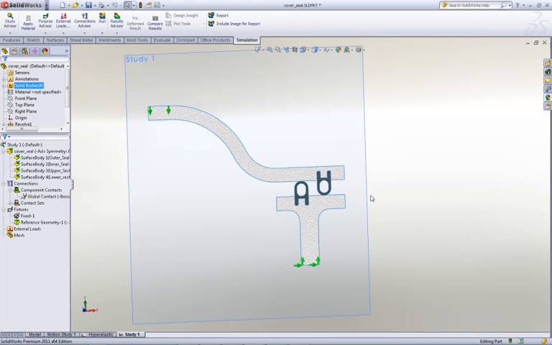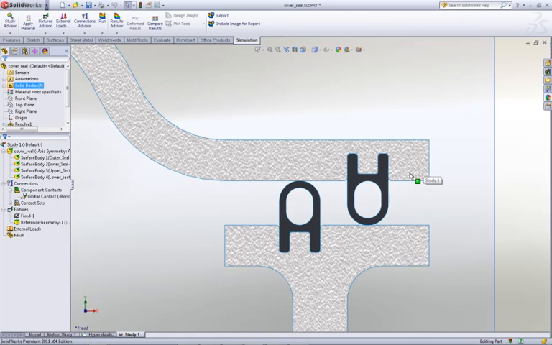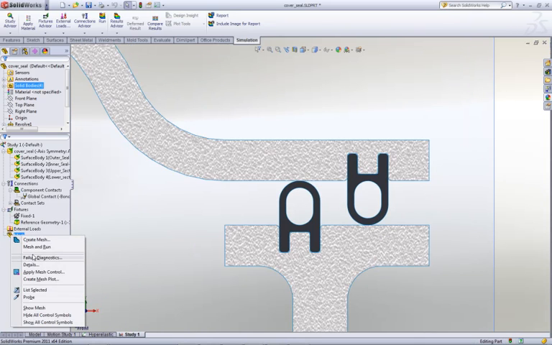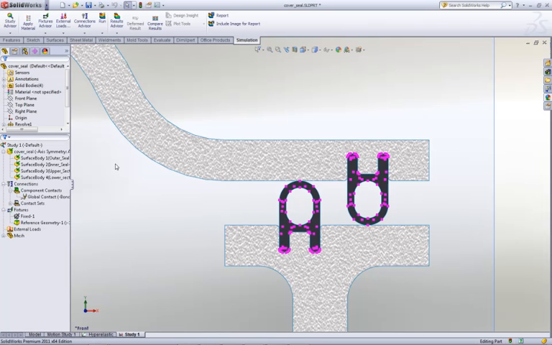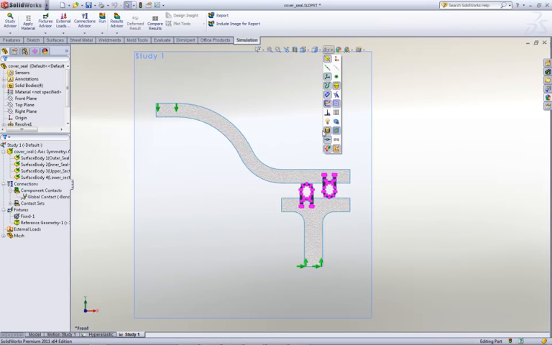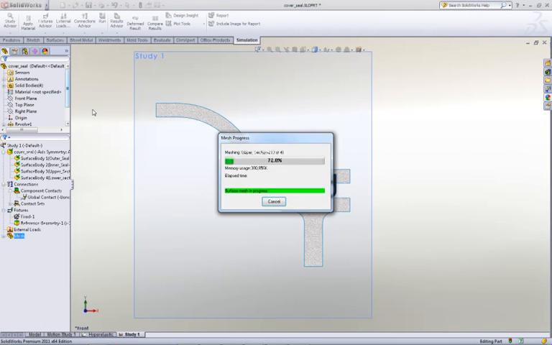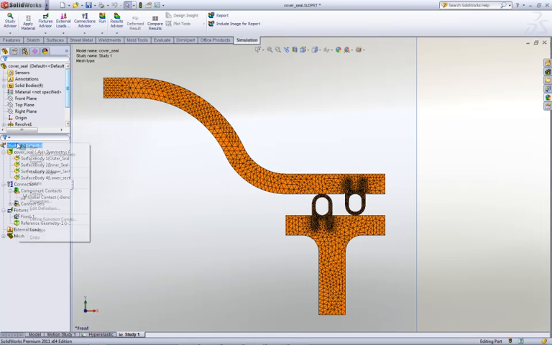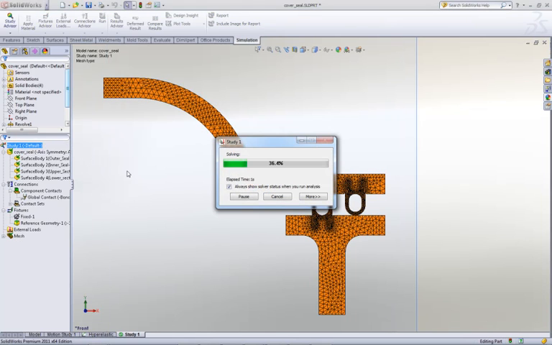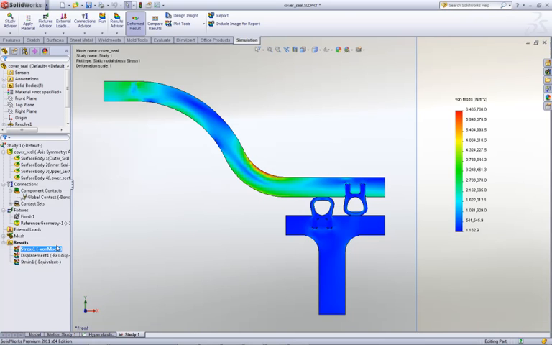Now if we want to do a refined result, we can add a mesh control, and just pick these seals since we're more interested in what's happening in the seal. And one of the things we do have in 2011 is the ability to toggle symbols on and off in one go. Let's just create the mesh to see what that looks like. And again, the great power of 2D simplification is in the speed as well as the accuracy. So you can see in just a couple of seconds we're going to have results back for our analysis,